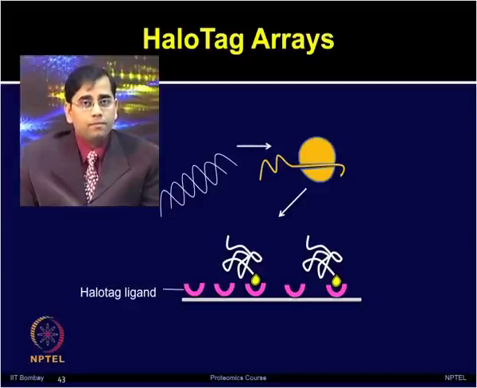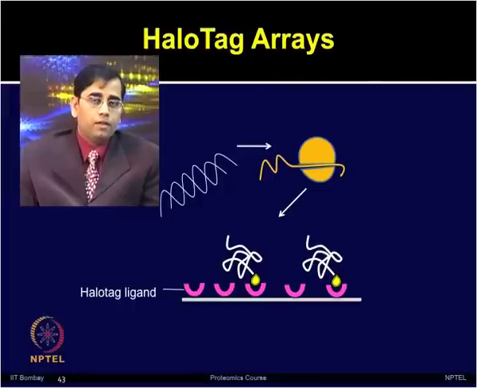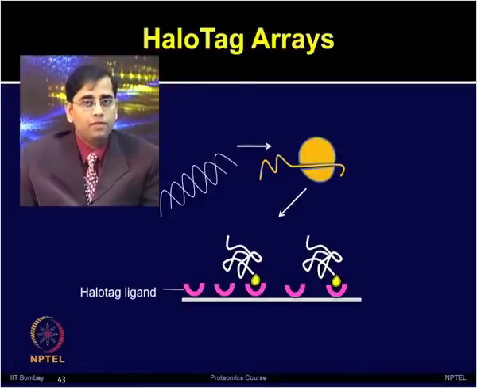So, in protein arrays, one needs to perform a lot of washing steps. So, if the protein or the molecules bind on the surface with very strong interaction, then there will be minimal loss from the surface, which can be achieved in this case